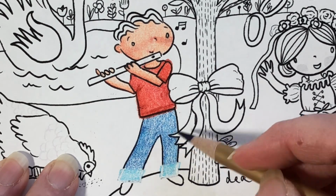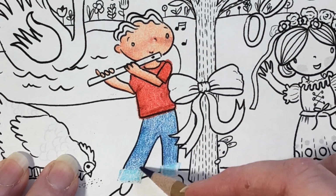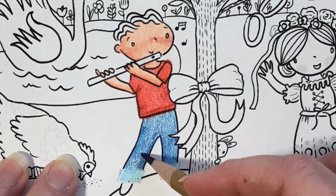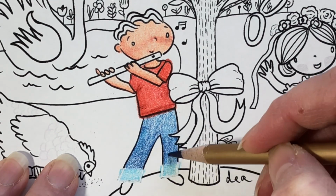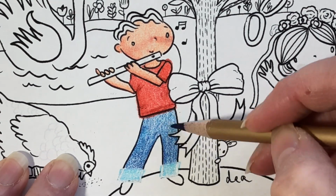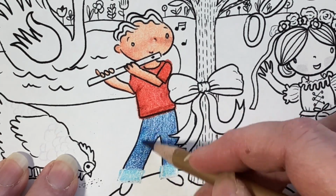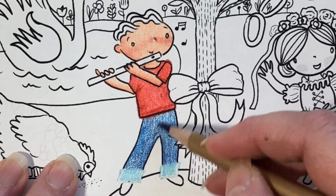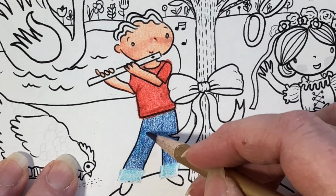I do want to tell you that the weight of the paper matters also. Unless I'm specifically using watercolors, meaning to paint a whole picture, I usually don't print out my images on watercolor paper because it's so thick and it's a little more expensive too. So in this case, this was basically on sketch paper,